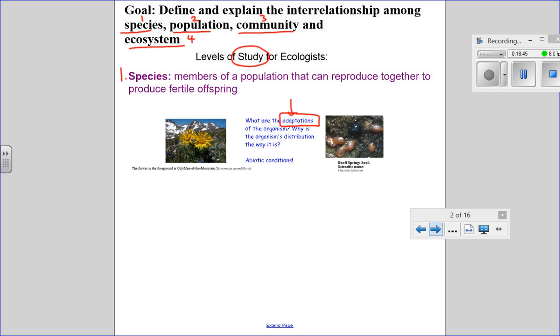So for example, here, there's a picture of a flower, and the flower lives on the top of a mountain. It just tells you the name of the flower is Old Man of the Mountain, which is not particularly important to your survival. And on the right, these are the Banff spring snails, the ones that live really close to the heat source. Over here, we could note some adaptations that this flower probably has that allow it to live at the top of a mountain. For example,